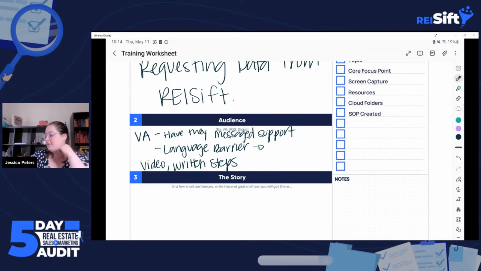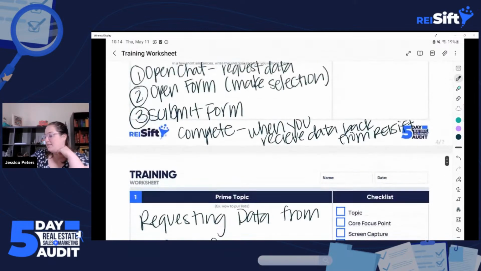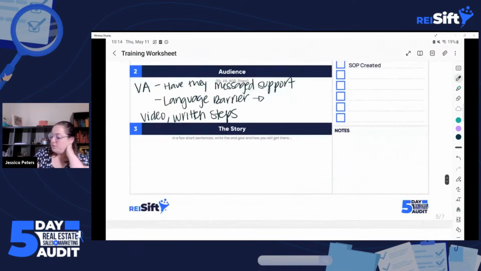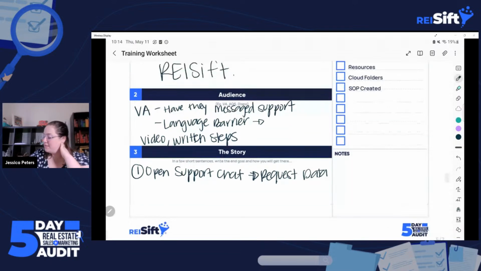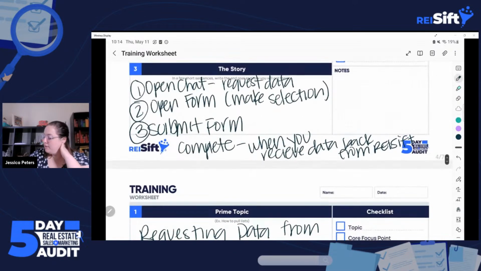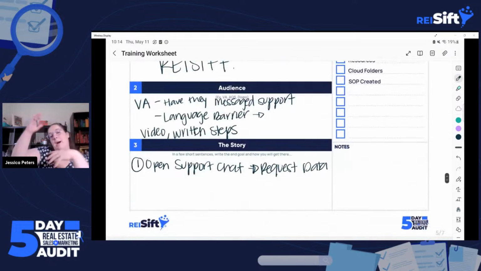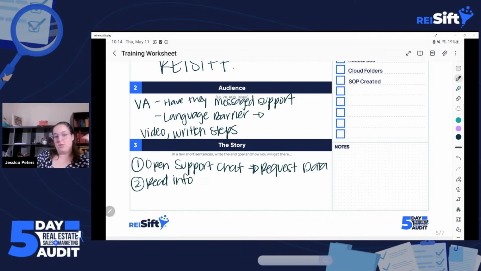And then the story, this is where you write out what steps they're going to have to do. So one, they're going to open the support chat. They're going to click request data, or data request, I think it says. Yeah. And then there'll be a little pop-up that opens. They're going to read the info. The info that pops up is how much data you're allowed to request per plan.